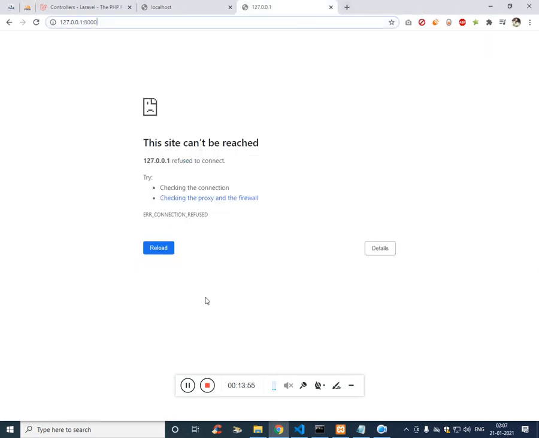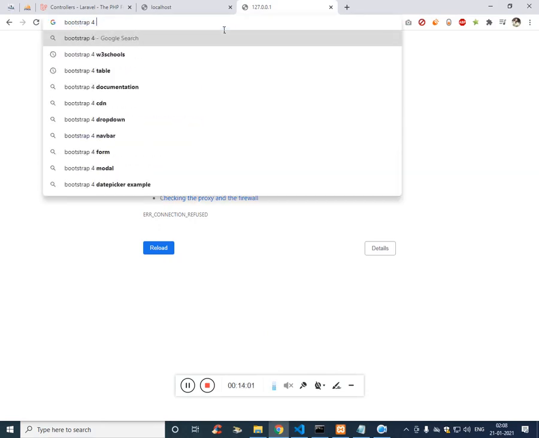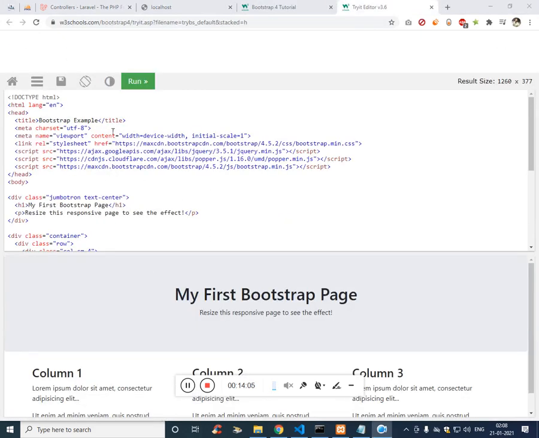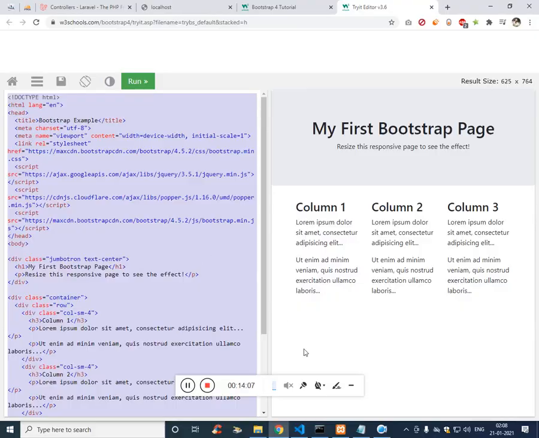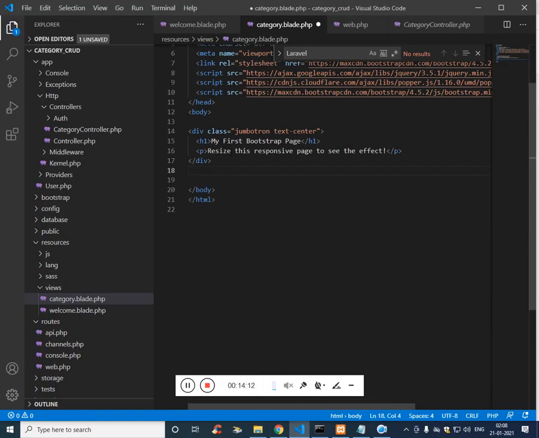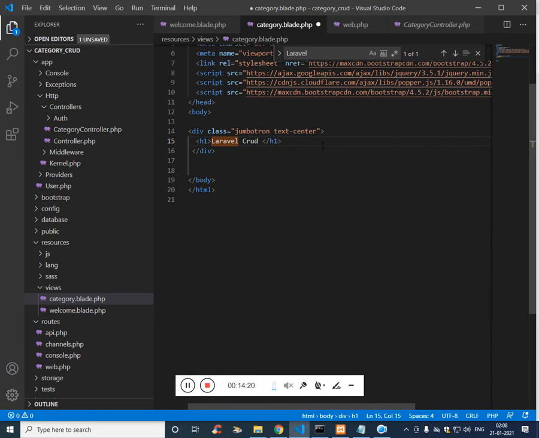Now we need the bootstrap template. To get the bootstrap template, I'm going to get into W3 School, bootstrap 4 W3 School, and now just copy the whole thing and paste it over here. We don't need this as well, and let's give it the title Laravel CRUD 6.0 CRUD.